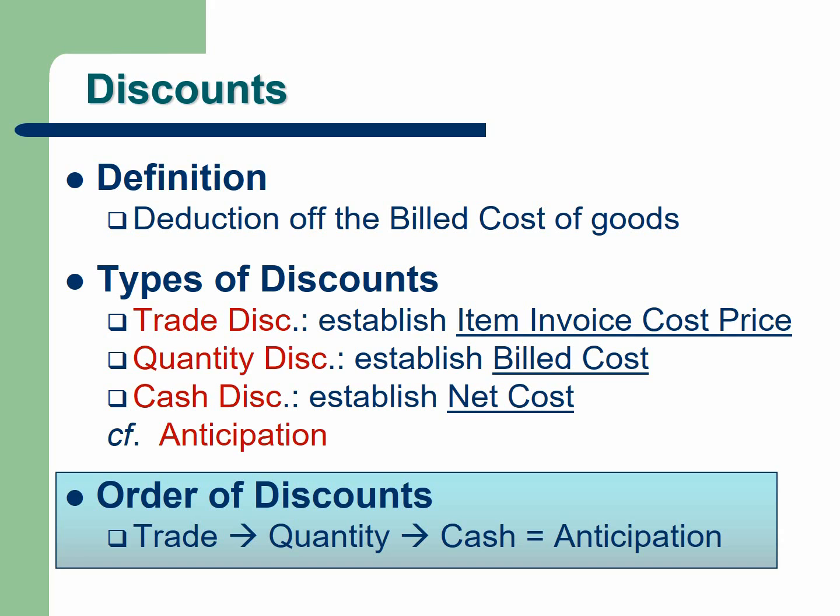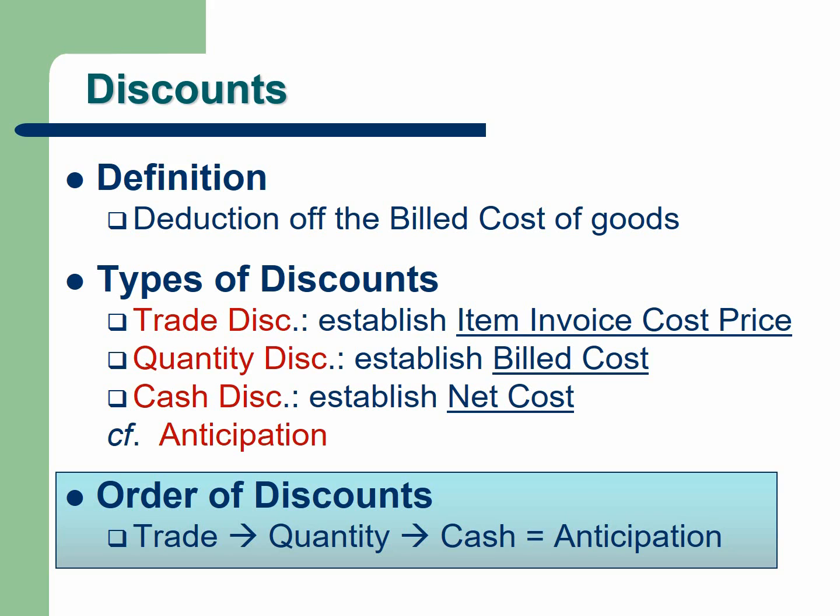In understanding the different types of discounts, what's really important here is the order of taking these discounts. There's a specific order we need to follow in taking discounts because all the discounts are given as percentages. It's basically percent of what? We have to think about this order for us to be able to clearly understand what these discount percentages are of. So the order here is that we have to first take off the trade discounts, and then quantity discounts, and then finally cash discount.